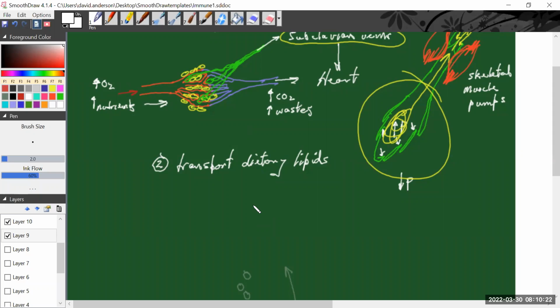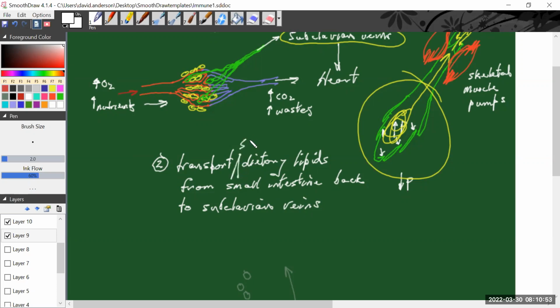So we transport dietary lipids from the small intestine back to the subclavian veins. The same pathway. Once they're in the lymphatic vessels, they're going to follow the same pathway. So they're going to be introduced to the subclavian veins. And this is one way we get some, not all, dietary lipids from the small intestine to the circulatory system,